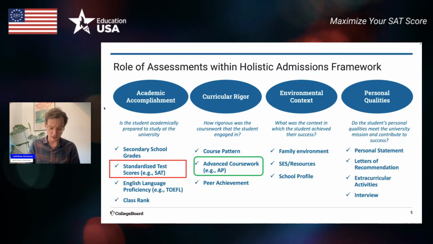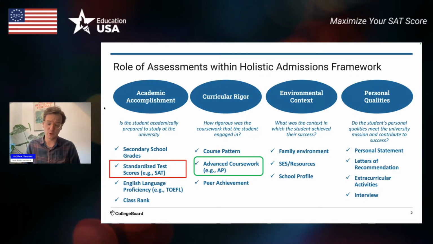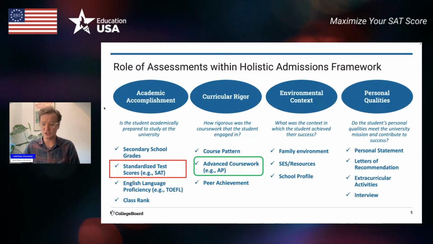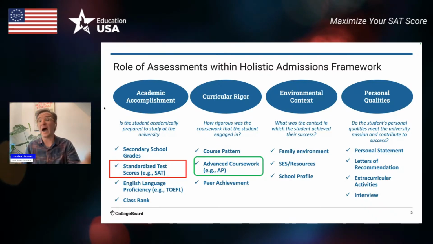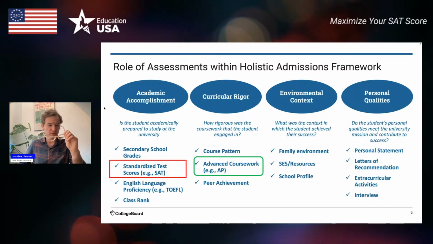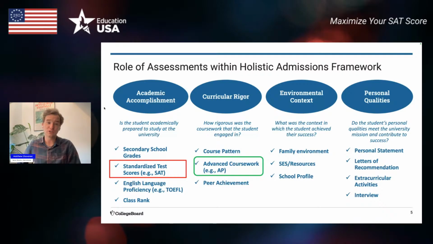Everybody has a dream about going to one of the Ivy League schools in the United States, but if your SAT is not anywhere close to the score of most students that are there, you probably wouldn't have a good time. It would probably be very frustrating and challenging for you, as opposed to getting an SAT score that fits very well or is higher than the score of the average students at the university. That's going to put you in line to have a really, really successful time at university, and it's also going to give you opportunities for scholarships.